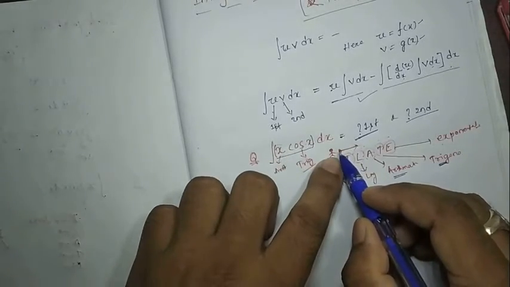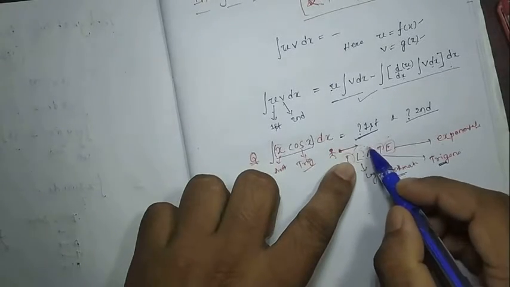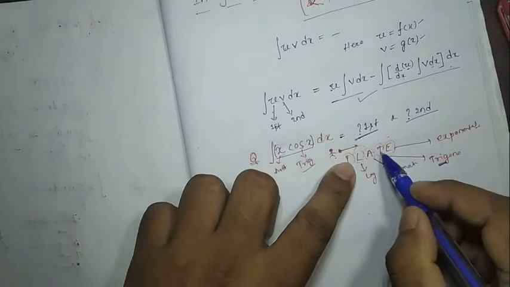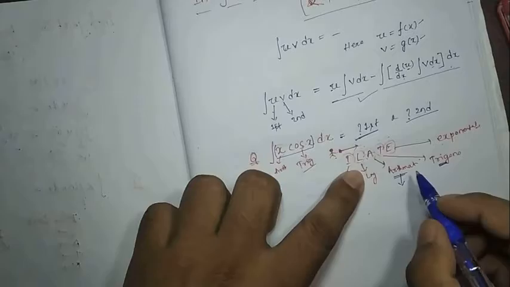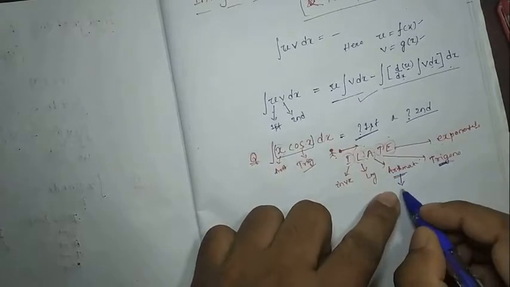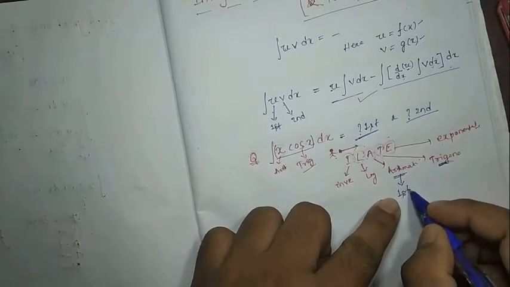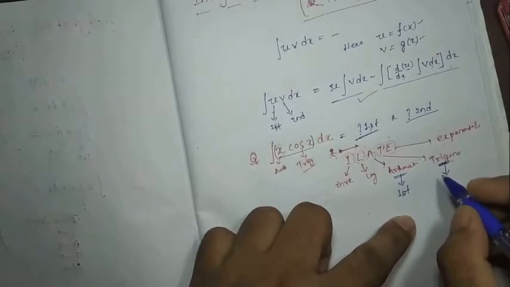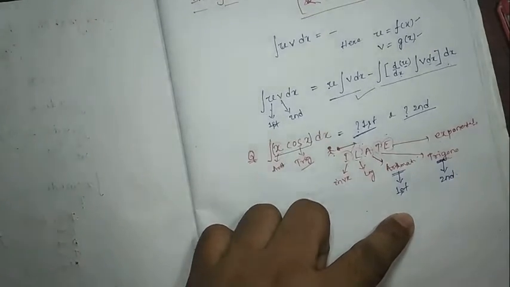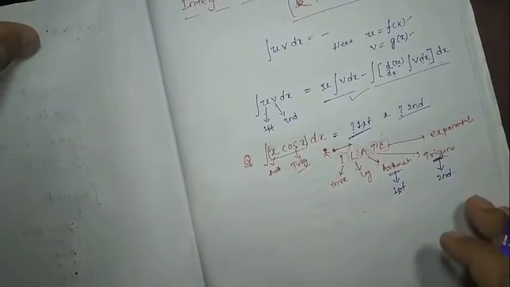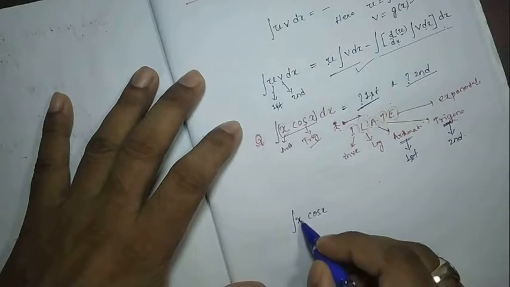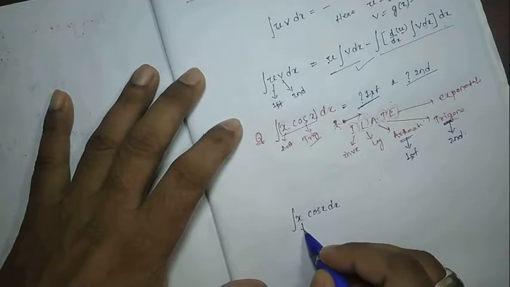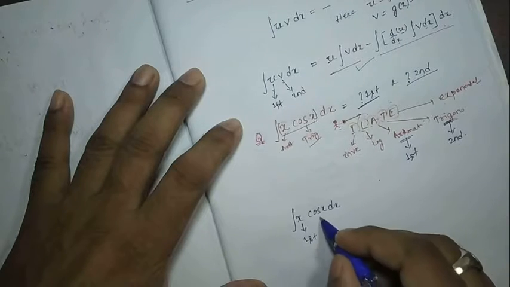So when you are moving from here to here, you are going to interact first with arithmetic, then trigonometric. So among arithmetic and trigonometric, the arithmetic function will be considered as the first function, and the trigonometric function will be considered as the second function. Okay, so here in our case, in x cos x dx, x will be taken as the first function,